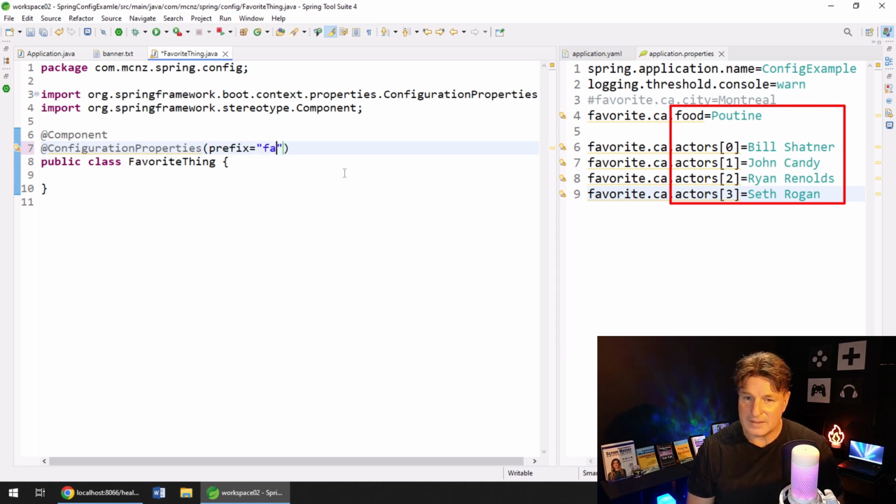And what is the prefix? Favorite.ca. Because you can see on the right-hand side, all of my favorite actors, it's favorite.ca.actors. So we don't need to worry about the preamble. We can worry just about the data there. And so what I can now do is I can say, hey,